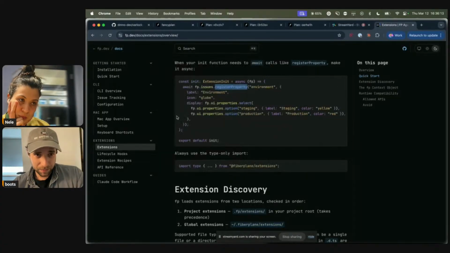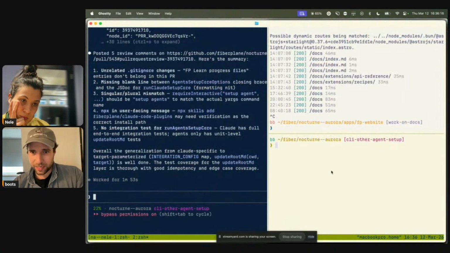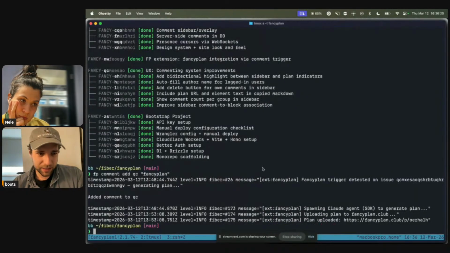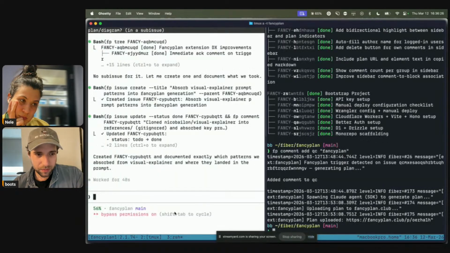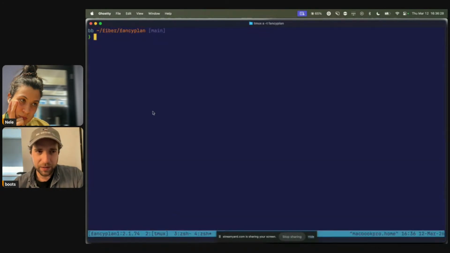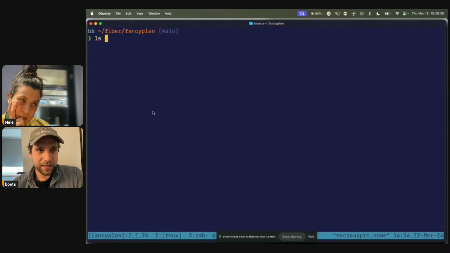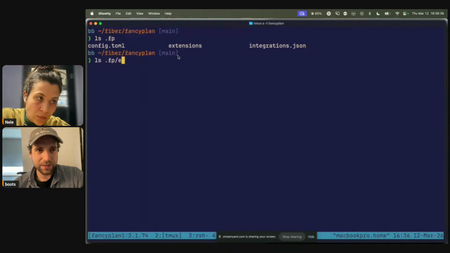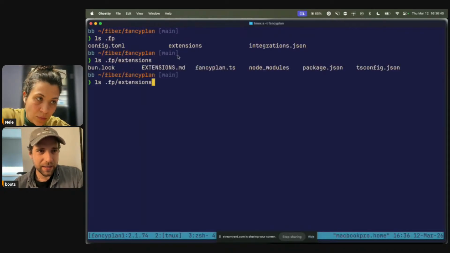So if you set up a new project, all right. So this is a project I called Fancy Plan. Actually, you know what? We're just gonna get a new terminal window. So when I set up FP in here, now you'll see when I list the contents of the .fp directory, which the CLI creates, I have something called extensions. And then there's this extensions.md,